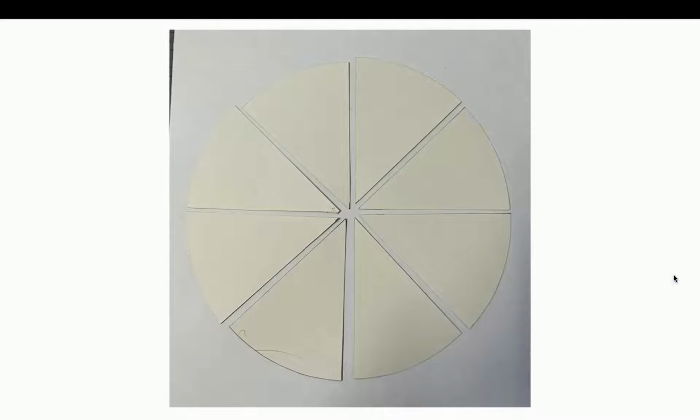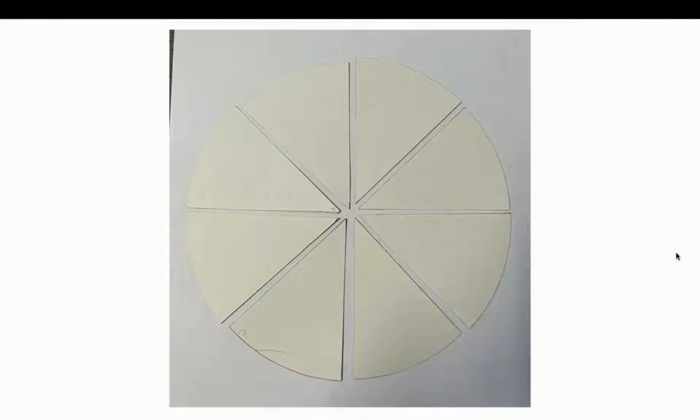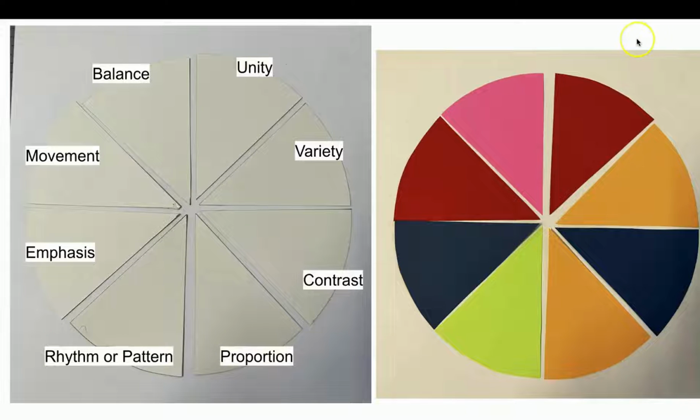Notice that the layouts are kind of abstract, right? You can create recognizable shapes and representational collages, but you can also keep the layout pretty abstract and simple. Again, this is basically an art exercise. Your collage is going to start somewhat like this with a series of these shapes, and you're going to be cutting them out from a template. Notice that each shape corresponds to a different principle of design. In this picture, I created all the backgrounds for my collages.